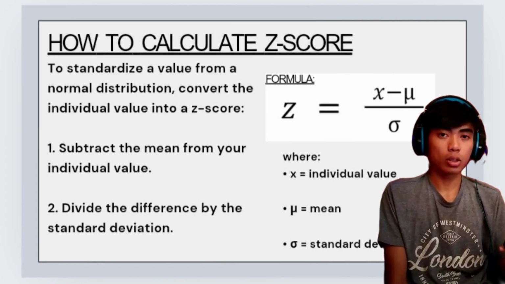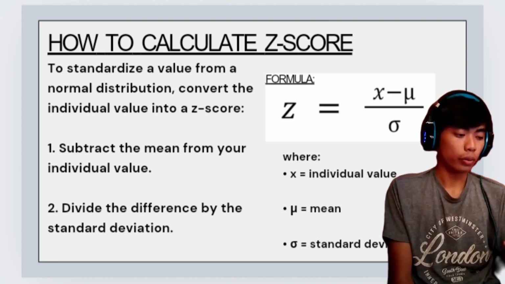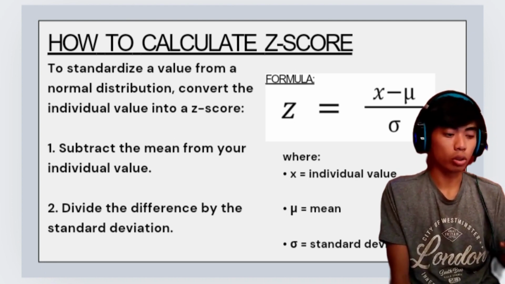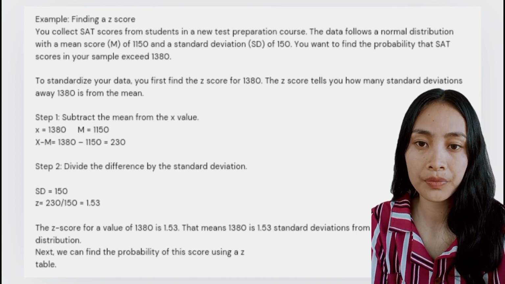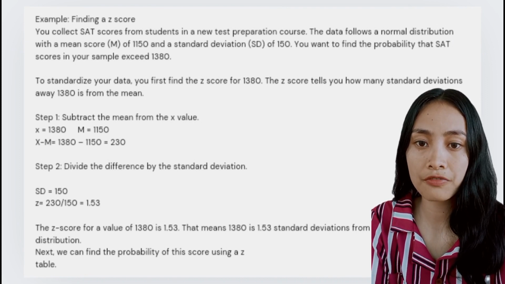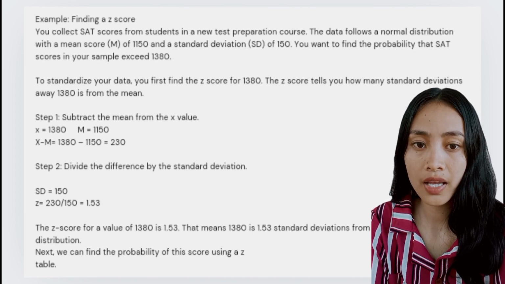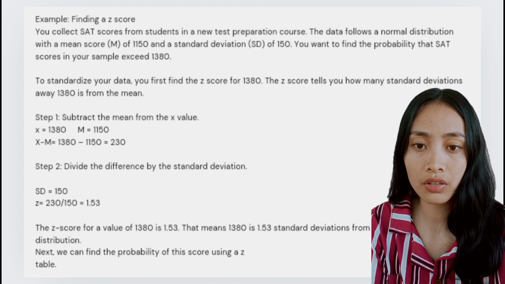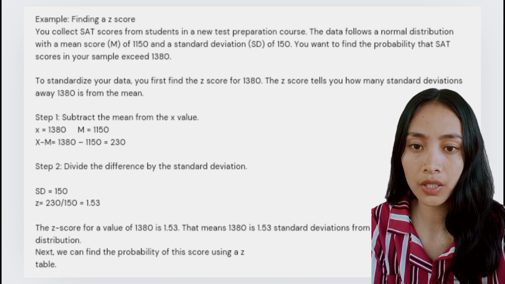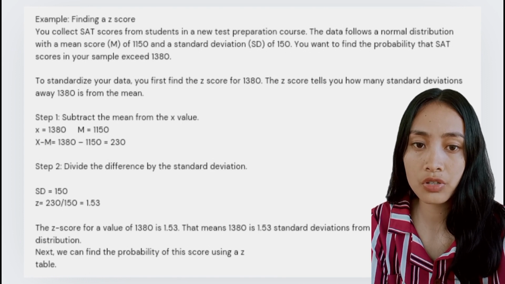How to calculate a z-score? To standardize a value from a normal distribution, convert the individual value into a z-score. So here's an example in finding a z-score. You collect SAT scores from students in a new test preparation course. The data follows a normal distribution with a mean score of 1,150 and a standard deviation of 150. You want to find the probability that SAT scores in your sample exceed